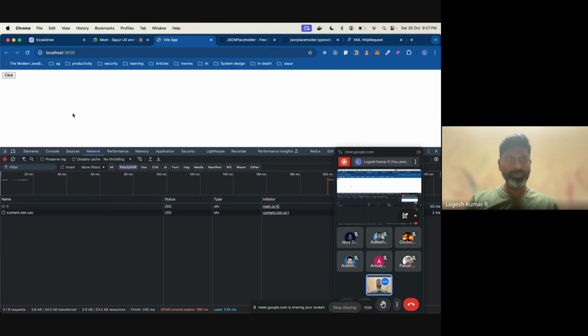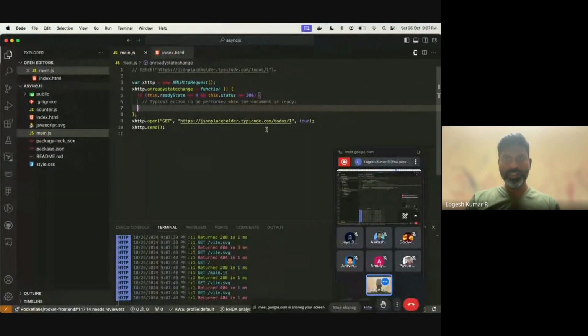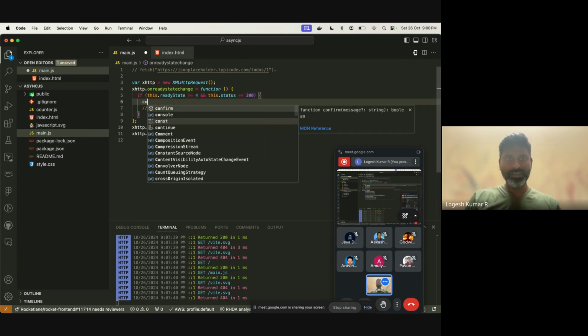Okay. Now look at this. This XMLHttpRequest is a browser API. We spoke about setTimeout and everything, right? Something related to that. So the browser takes care of running these things. We studied about different statuses. So in this case, if the status is 200, what is it? Anyone? What does the 200 status code mean? Everyone did homework on this. Come on. Successful. Success, correct. So if the status is 200, we are console logging the, let's say,